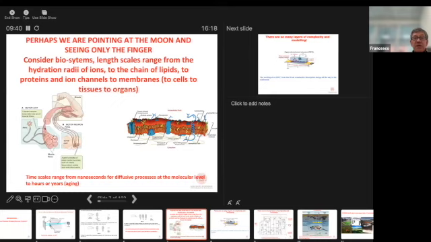Of course, there is not only the length scale, there is also the time scale. And the time scale, again, when I move my arm, is a time scale of seconds. But then the actual motion of the proteins is on the microsecond time scale.